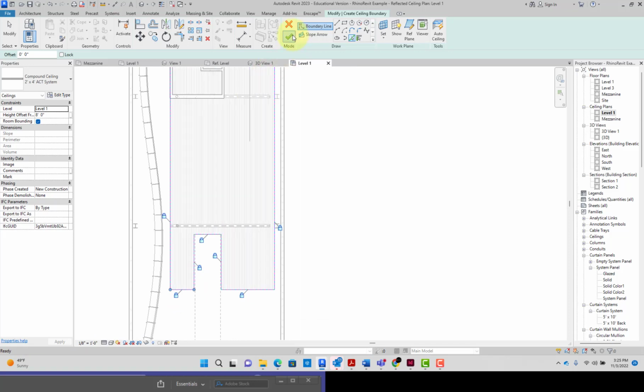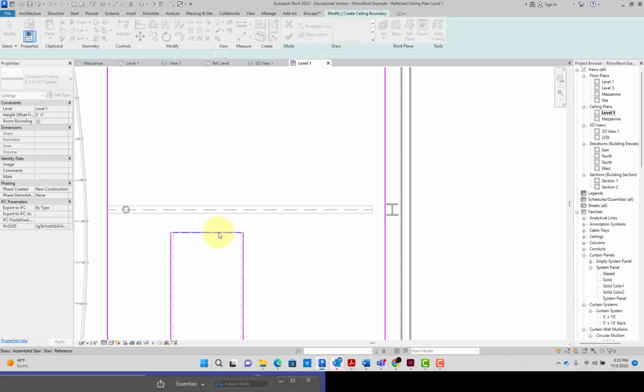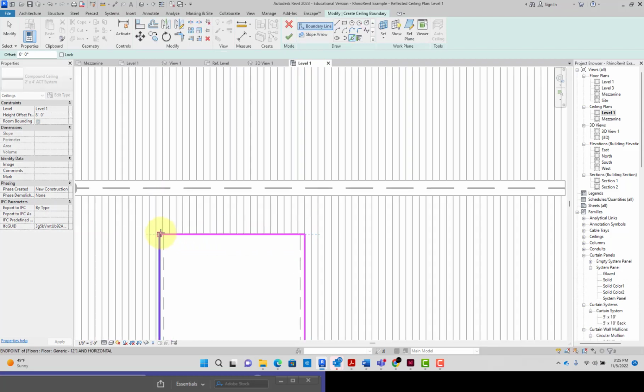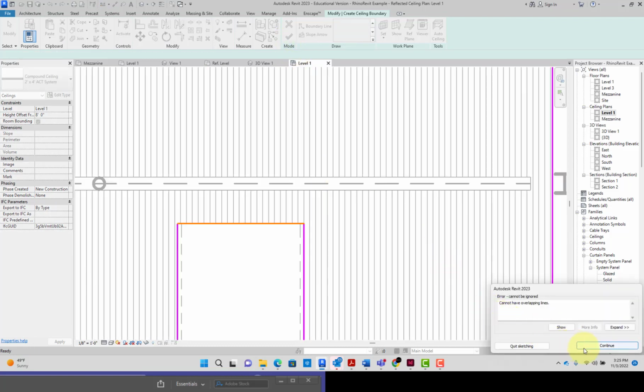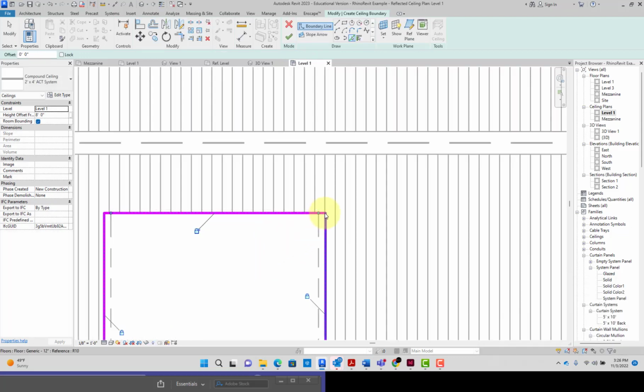Okay. I don't quite have that locked in, so I'll just move that over. Okay. We have an extra line here. Just going to delete till I get to